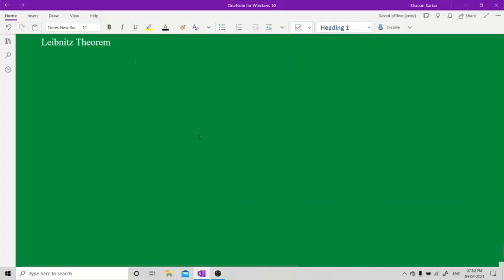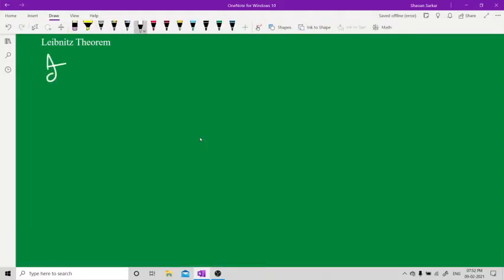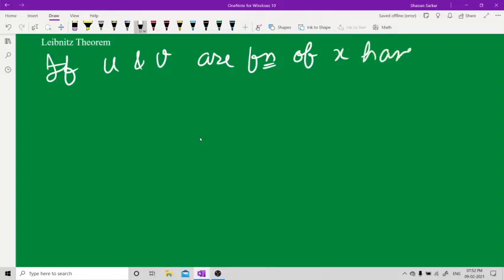Leibnitz Theorem. You only have the theorem, no proof as per the GGSIPU syllabus. Now just the theorem. Suppose there are two functions u and v. If u and v are two functions of x having nth order derivatives,